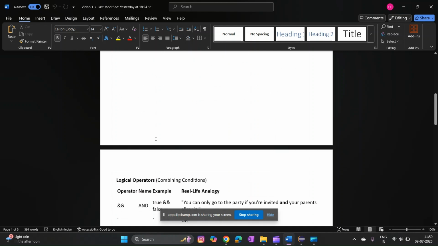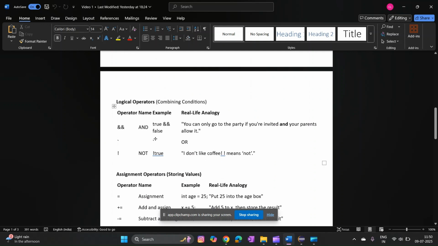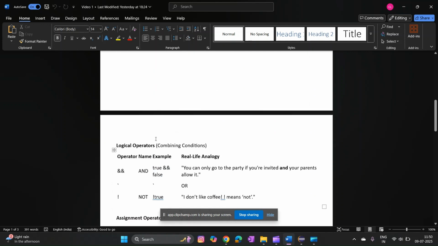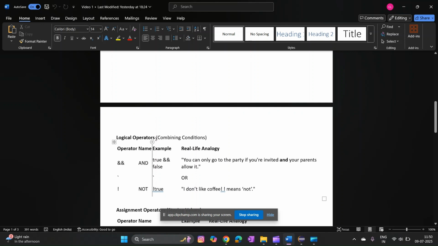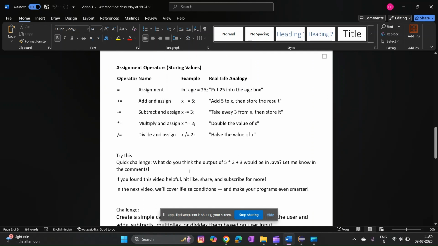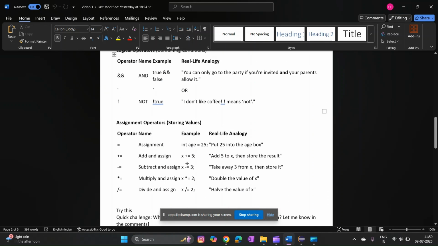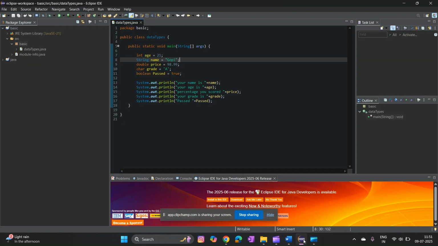After that, logical operators are used to combine multiple conditions, like checking if a number is within a valid range or not. It returns true or false. And what is meant by assignment operators? It is nothing but storing values, used to assign values to variables, like storing the result of a calculation into a variable. We will discuss this as well. For that, now I am going to